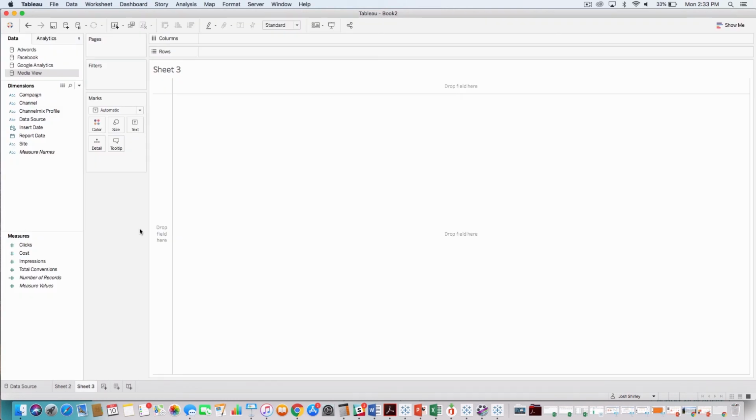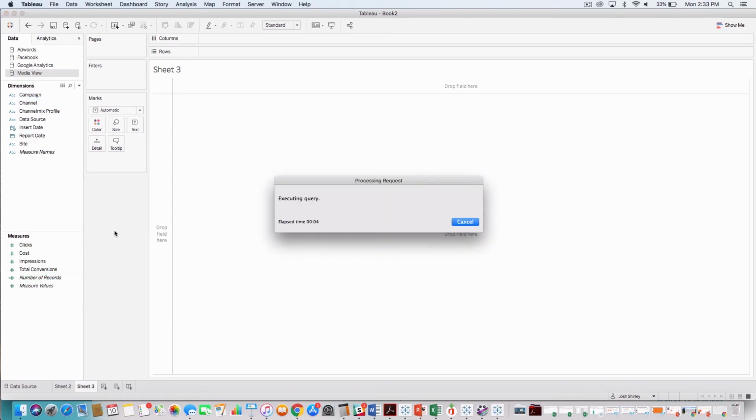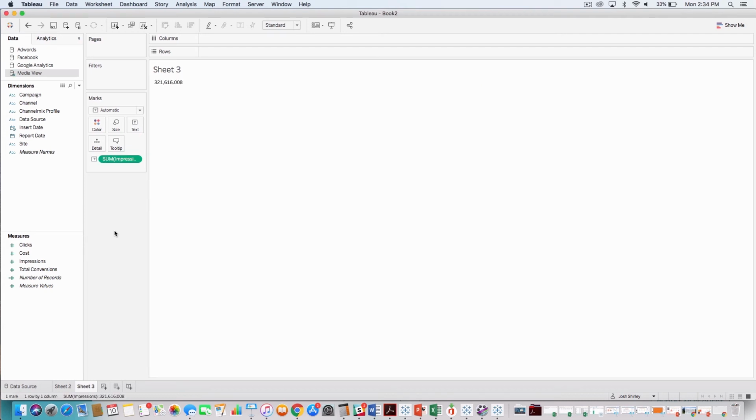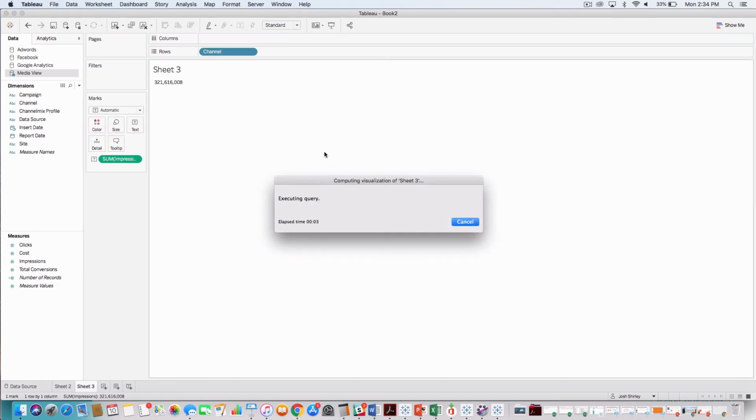After my data set was constructed, I was able to come back into my visual analytics tool, and now I can see specifically what dimensions and measures I requested. In this case, I want to understand how all of my channels interact together across my entire ecosystem and what my ability to create awareness is in each channel. So in this case, I have about 321 total impressions over the time period that we're talking about in the data. But what I can do is go in and see by channel exactly how all of those impressions break out across all of my media, both online and offline included.